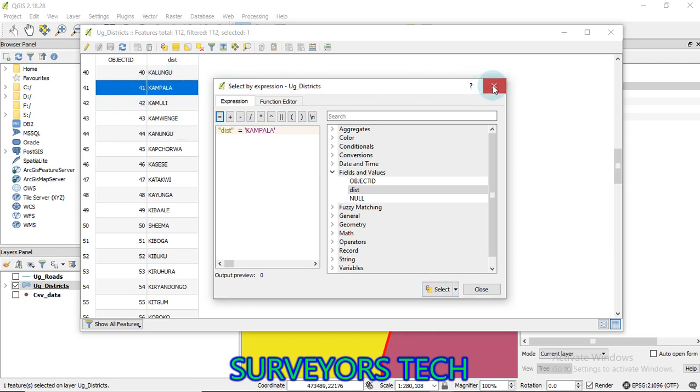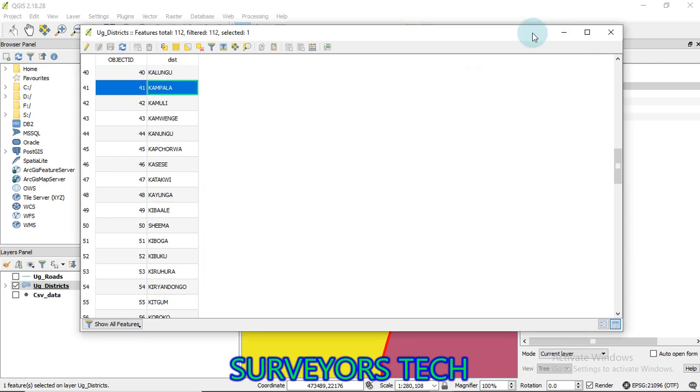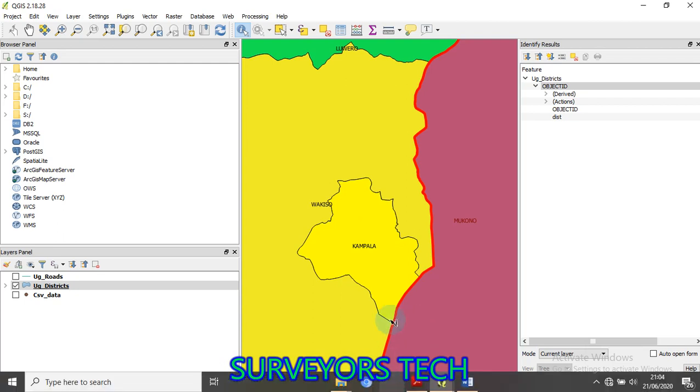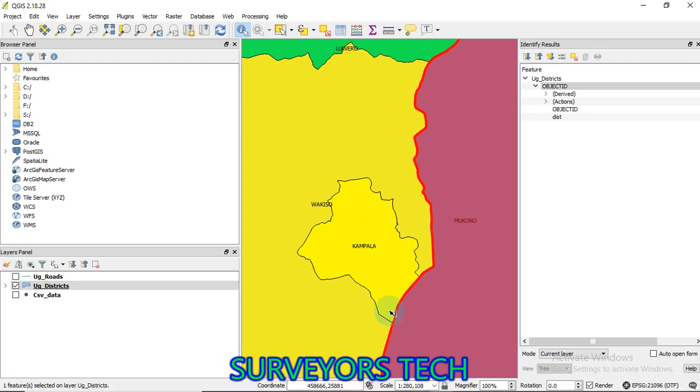So like I told you, this software is interactive. If we go to the map itself, it will be selected as yellow. You see, this is what I'm talking about. Kampala is now selected as yellow. So basically that is the kind of querying, in case you want to find a certain district but you're not seeing it there, but you know the attribute that you want to select based on, you can do that.